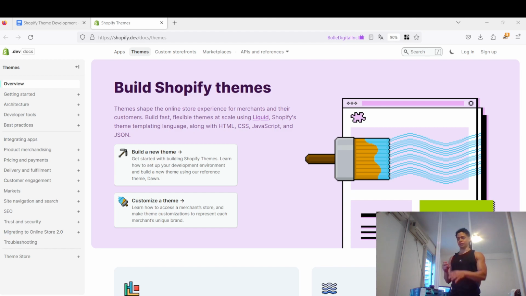Provide value, my friend. Despite the fact that it has a lot of bad marketing and a bad rap, here we are, and I'm going to make a quick recap of looking at the Shopify dev